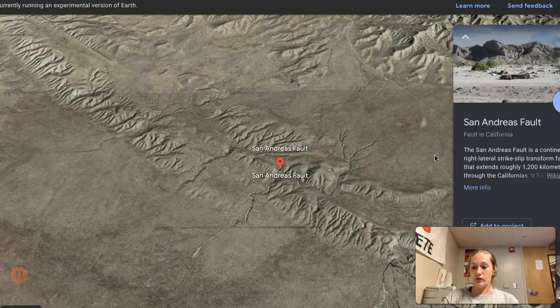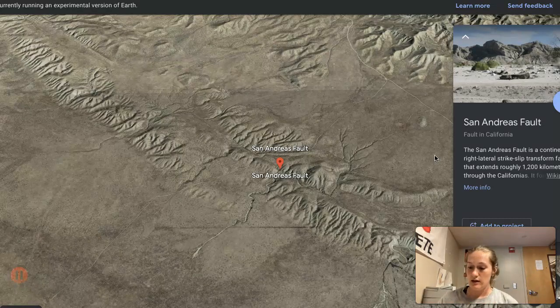The San Andreas Fault Line forms a tectonic boundary between the Pacific Plate and the North American Plate. This just means that the Pacific Plate and the North American Plate are the two plates that are moving laterally